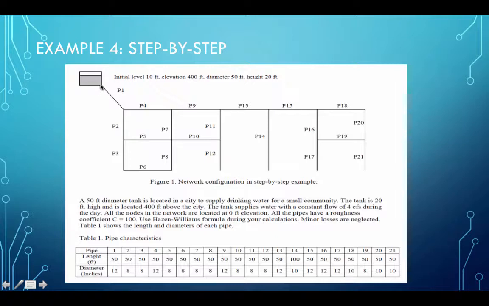we will use the pipe characteristic given here, but just bear in mind that the tank has additional piping to handle the 400-foot elevation drop. That's the best way I can state that. So here's the network layout and the pipes that are labeled, and here's the pipe characteristics, and then